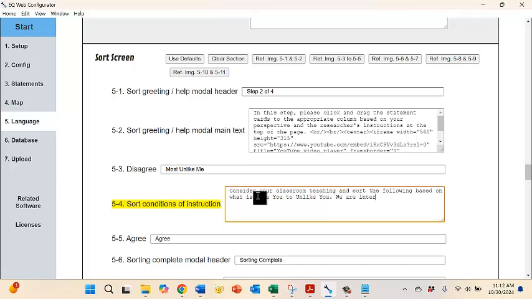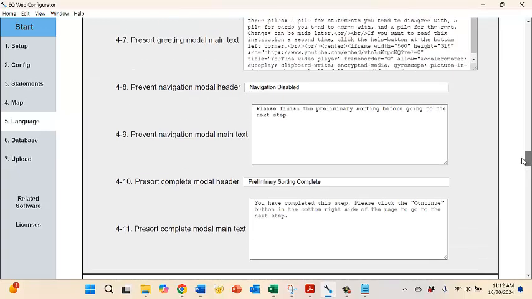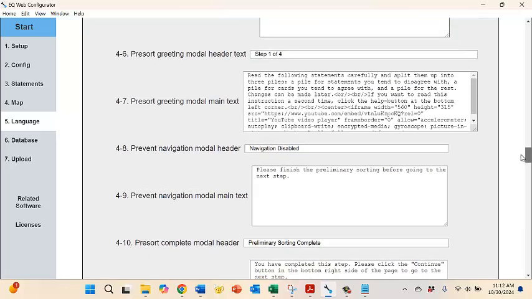We are interested only in your views. There are no right or wrong responses. Sometimes that's important. Right here, this is most like me. I'm going to scroll up and make sure that in my pre-sort,